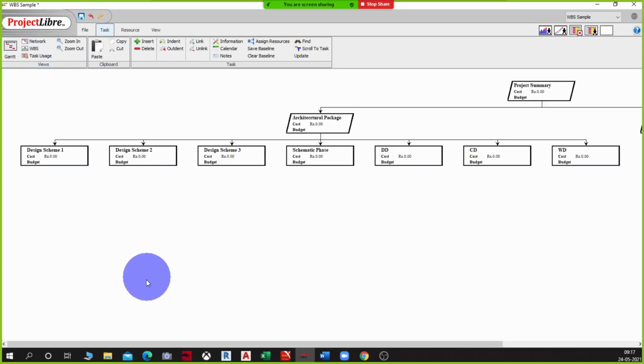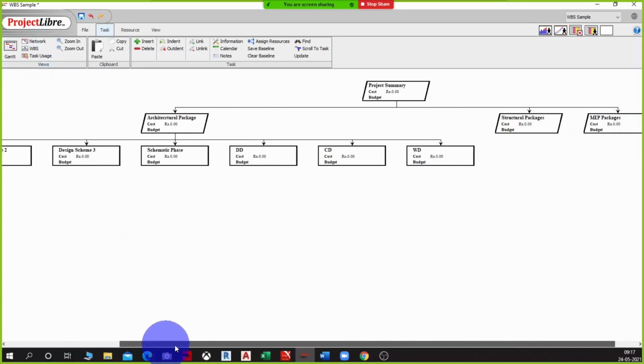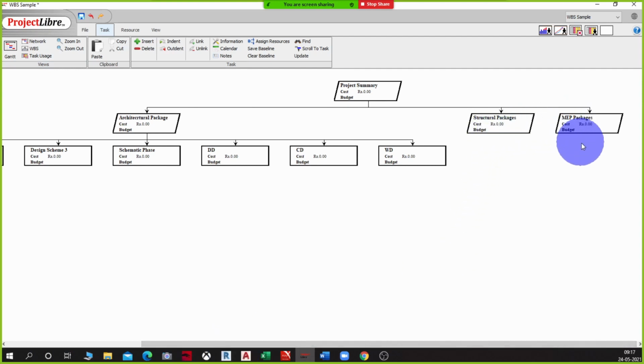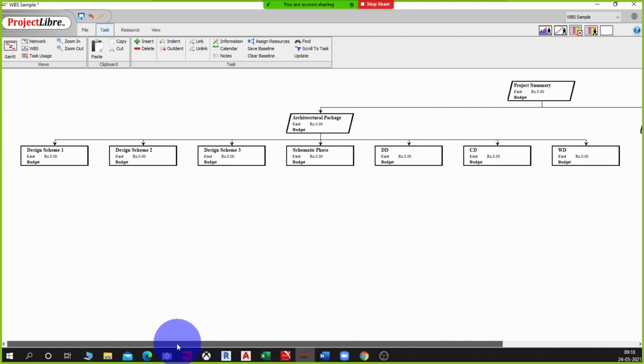And now when I come to WBS, you'll be able to see that the other two packages are rolled in, and I am not able to see the breakdown for that. So this is a very important tool in terms of communication, right? This is needed to communicate with the client, with the stakeholders, and with the different departments involved in the project as to how they are broken down and what is the requirement at each stage, right?